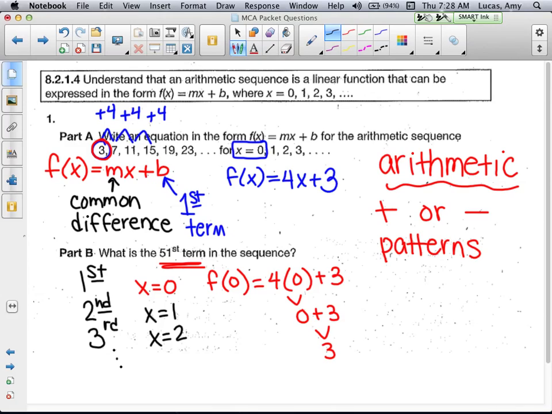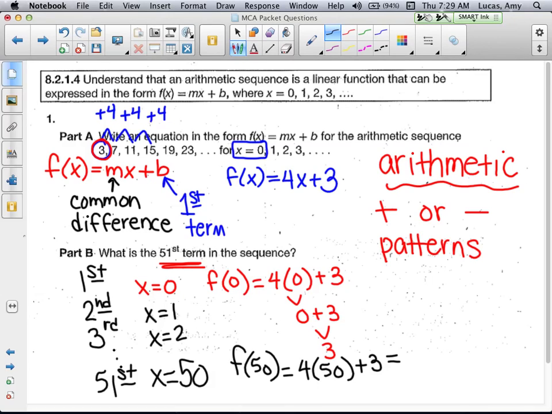So what am I going to do to get my 51st term? 51st term. What does x equal? Do you see the pattern here? First term x is 0. Second x is 1. Third x is 2. So 51st x is going to be equal to 50. So I am going to plug in 50. So f of 50 equals 4 times 50 plus 3. 4 times 50 is 200 plus 3,